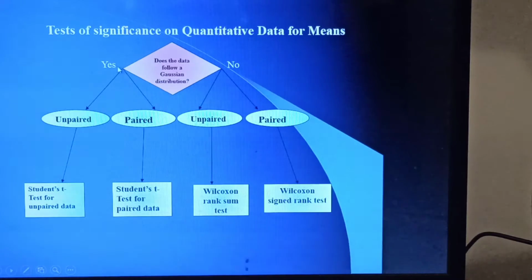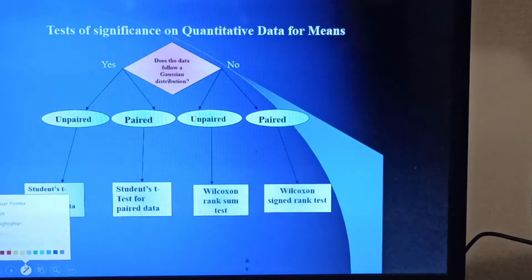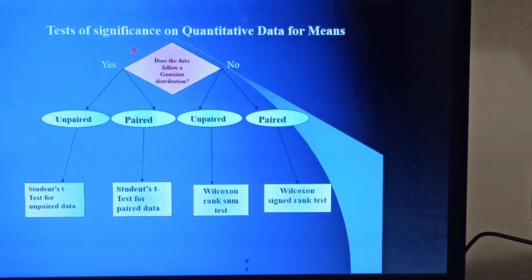So we use this for normal. So when the distribution follows normal, by assuming, we'll be taking up under what conditions a distribution has normality, and there again there is an unpaired and paired setup. So this video will be covering on SPSS students t-test for unpaired data.